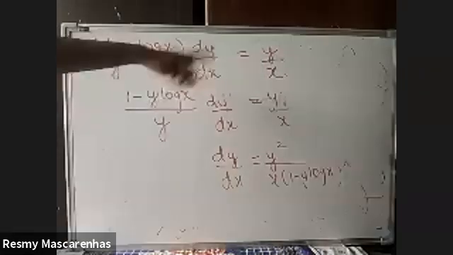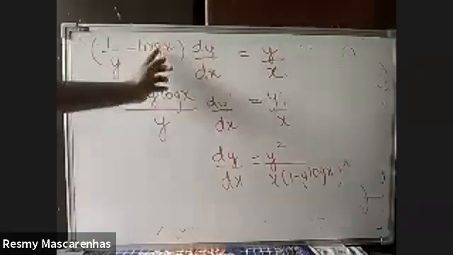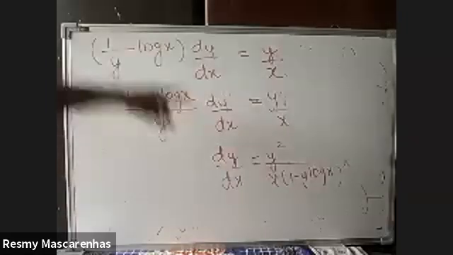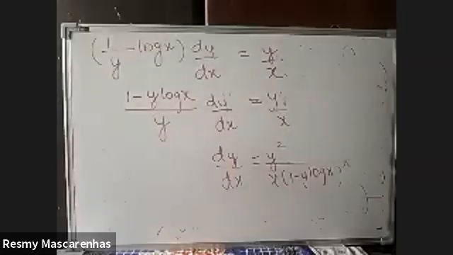So bring the dy by dx terms on one side, take out common, then cross multiply, then keep dy by dx there, take the remaining terms on the other side. Okay, if you are all solving this on your own, then it will not be difficult. Simply don't try to copy blindly. If you are solving on your own, it's fine. You will understand.